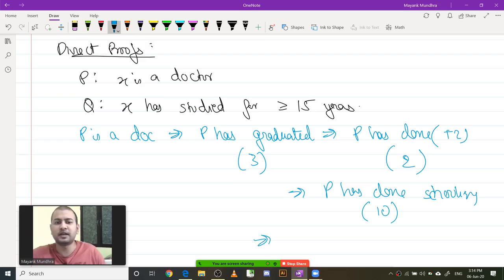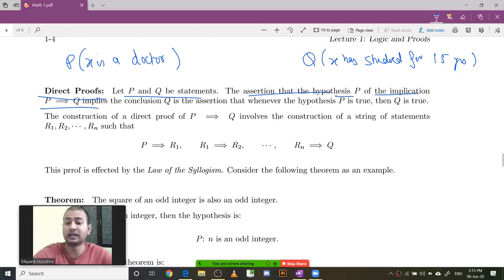So this implies that 3 plus 2 plus 10, he or she has done at least 15 years of education. So if somebody is a doctor, or somebody has a graduate degree itself, then you have studied for at least 15 years in the formal sector. At least 15 years of formal schooling has been done.